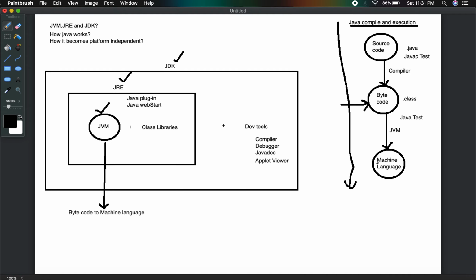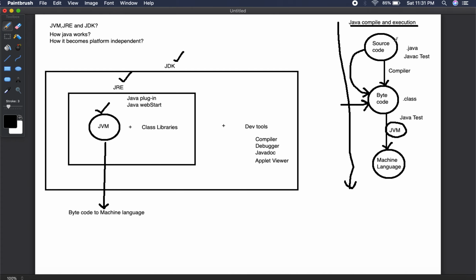Whether you compile the program on Windows, Linux or Mac, this source code is converted to the bytecode, so that it can be understood by a JVM. Whenever you install Java on Windows, Mac or Linux, the JVM is also a part of your installation, either with the JRE or with the JDK. So the JVM knows how to convert a bytecode to the required executable format. The JVM takes care of converting.